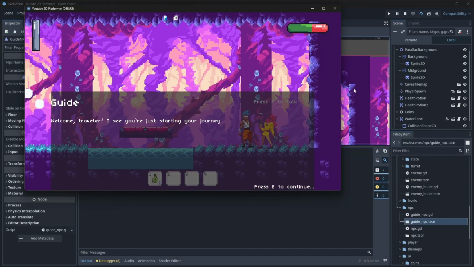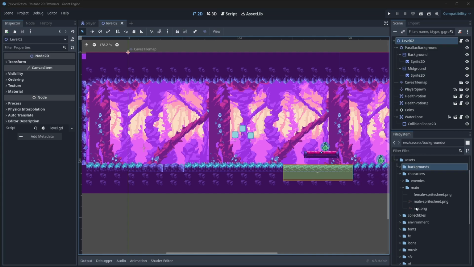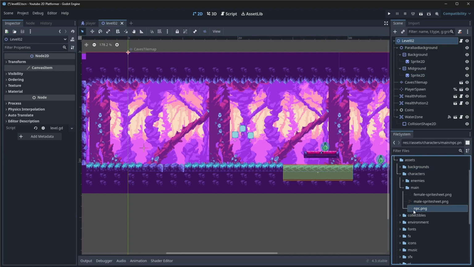In this video, we're going to be working on our dialog UI system, and we're going to add an NPC base class so that we can build out a tutorial NPC to use in one of our test scenes. And on that note, I did add an npc.png into our assets folder, which you can find in the link